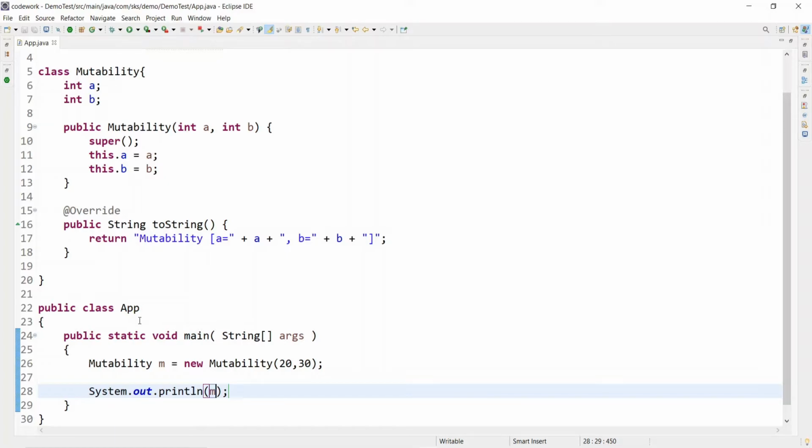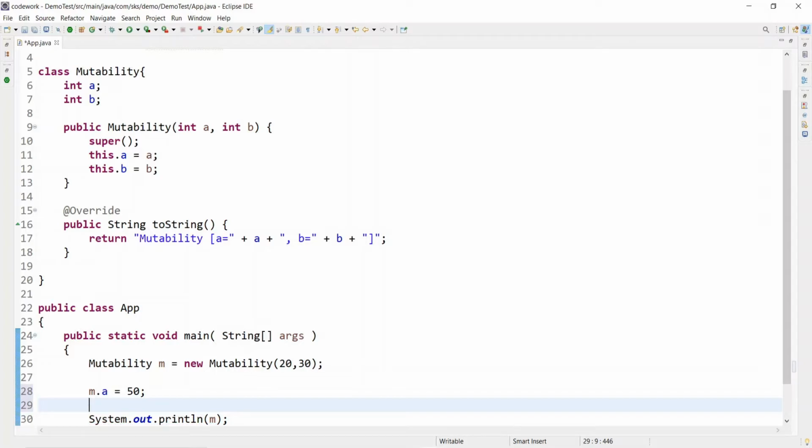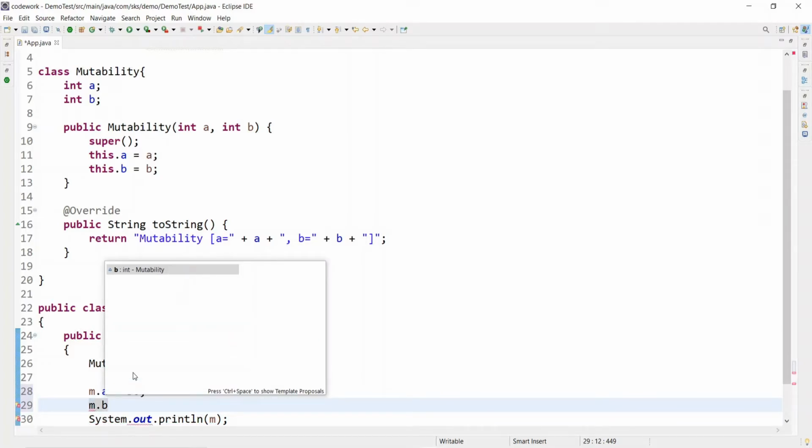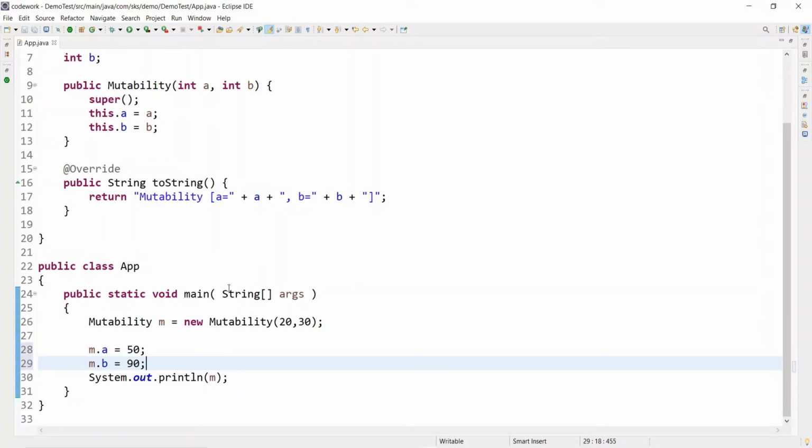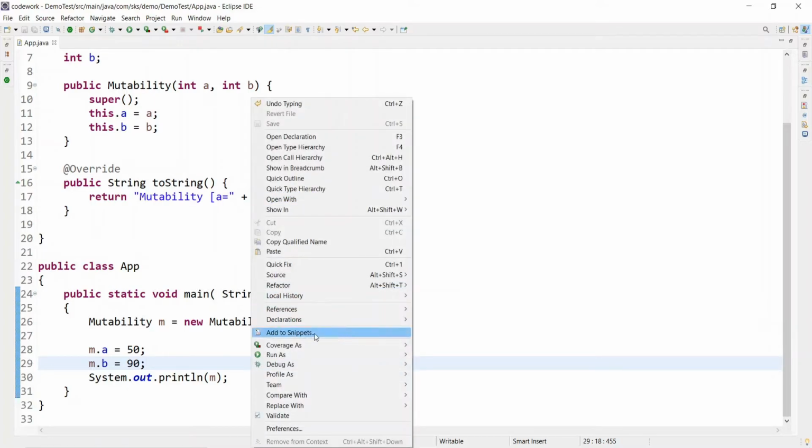First we are looking at the mutable case. I am just changing here m.a is equal to 50 and m.b is equal to 90, and let's run this.